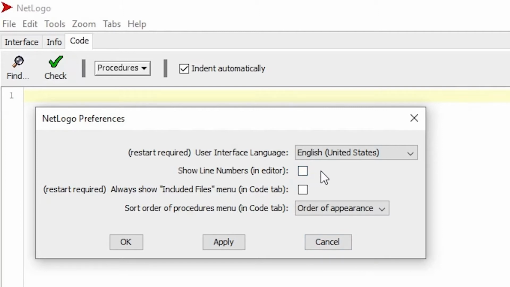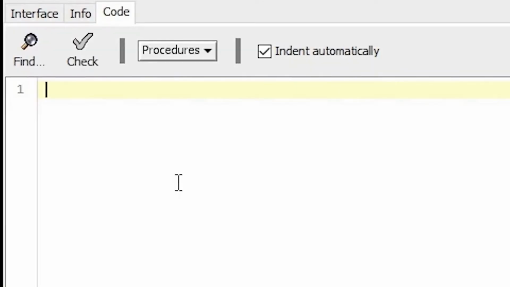So you can disable it or enable it. If you enable it, you will see the line numbers. And in my tutorial also, I have enabled line numbers, so it will be very easy for you to follow the tutorial when you have it enabled in your editor too. And press OK. And here I can define a procedure called to setup, and we can end that procedure by typing end. So line number 2 to 4 is one procedure.